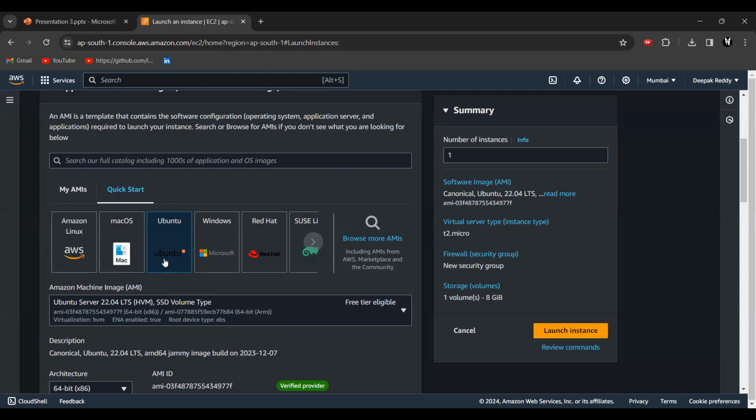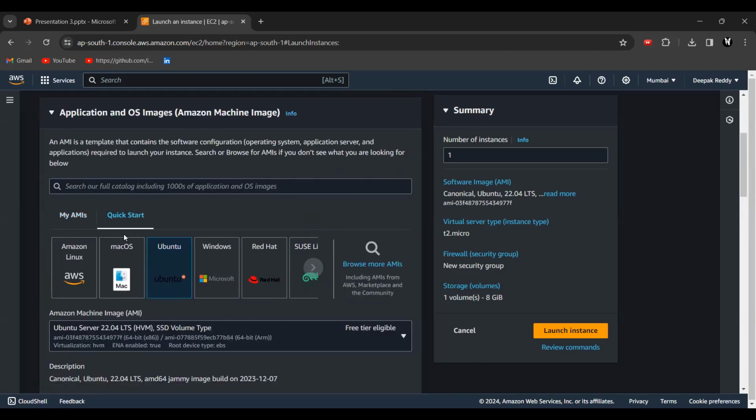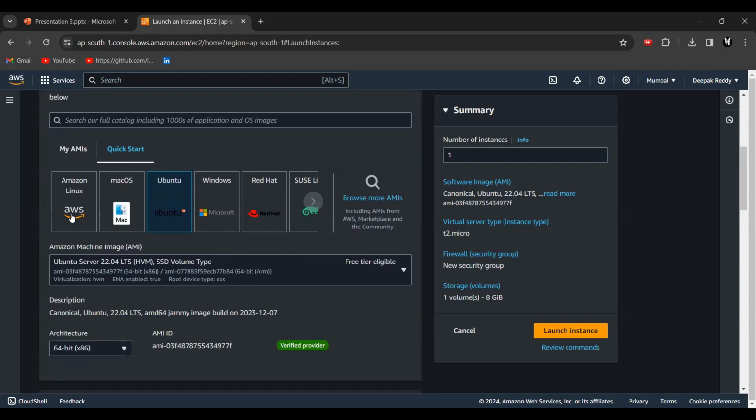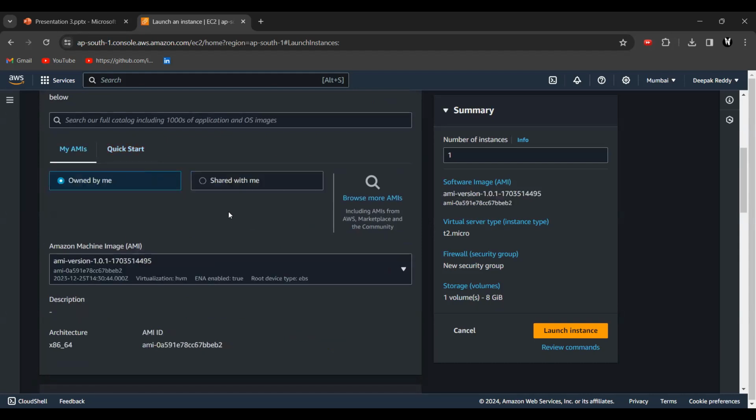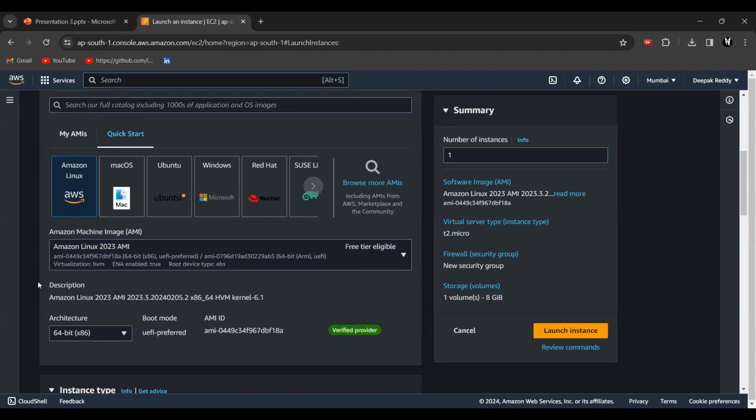We will learn about multiple software later, but let's say you are deploying an application with Docker, so you need Docker installed in this Ubuntu automatically. If you want to launch an instance, let's give it a random name and launch using Amazon Linux.